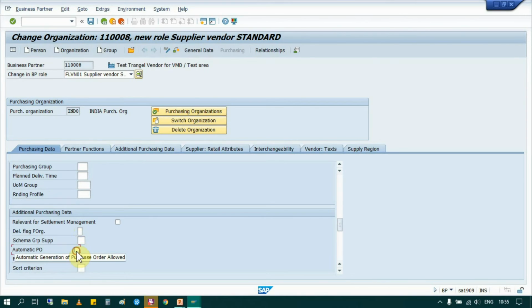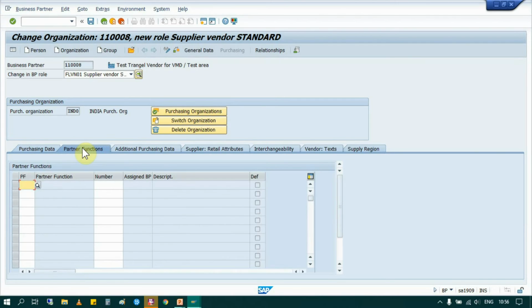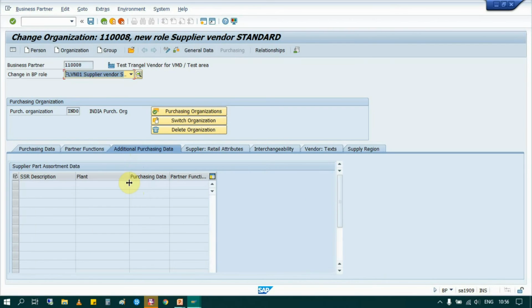Then automatic PO is an important one in case you are using this vendor for automatic PO, but it's always good to maintain it only while creating the vendor. Then partner functions: you can maintain a partner if that vendor has various partners, let's say different partners who provide material in a particular group. Or also, according to variant, it might have different partners that complete. I will cover partner functions in another topic. Then additional data, if you have any,